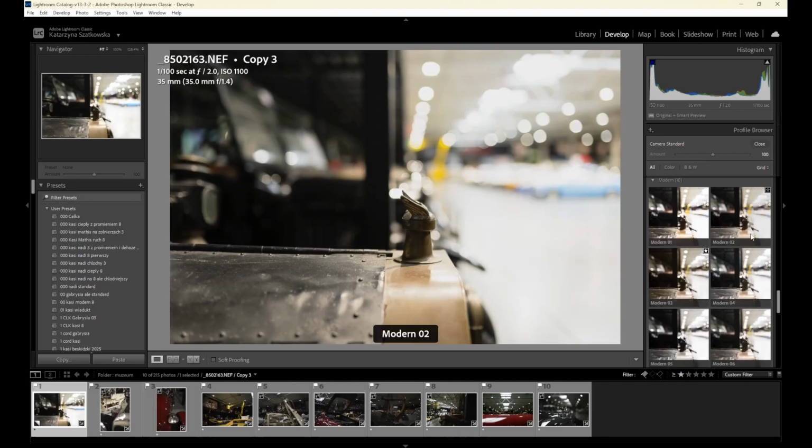Right. So Modern 1, I never use it because it is just over the top. It's contrasty in the not very good sense of being contrasty. Modern 2, nah. Modern 3, yep. Even though I think I will need to work on it a bit, but it is a good contender,